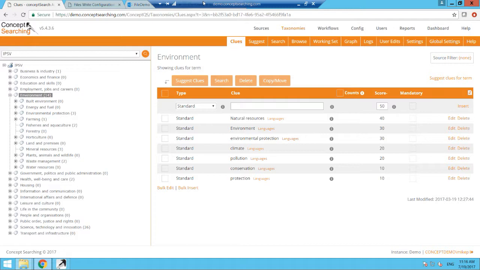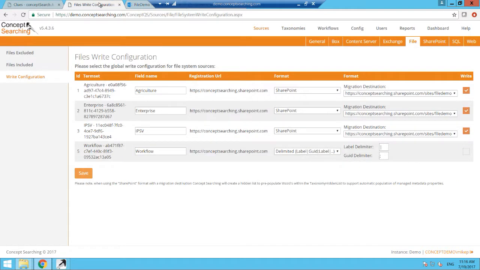For now, I'm going to move across and take a look at the configuration of the functionality that writes these tags back to the source files. So here we have an example configuration which is designed to update our source files with tags from a few different term sets. And what it's also going to do is respect the SharePoint format to ensure that they're prepared for migration. The field names selected for each of the properties are matched to the field names in SharePoint, which